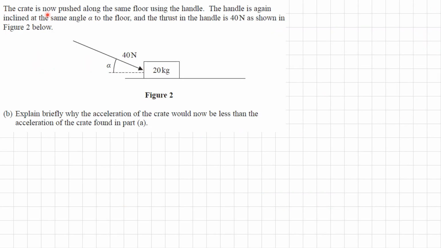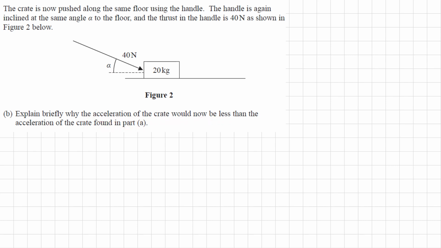The crate is now pushed along the same floor using a handle. The handle is again inclined at the same angle alpha to the floor, and a thrust in the handle, it was tension before, the thrust is 40 newtons as shown in figure 2 below. So this is the same 40 newtons as before. This is the same angle. This is the same 20 kg as before. Part B, explain briefly why the acceleration of the crate would now be less than the acceleration of the crate